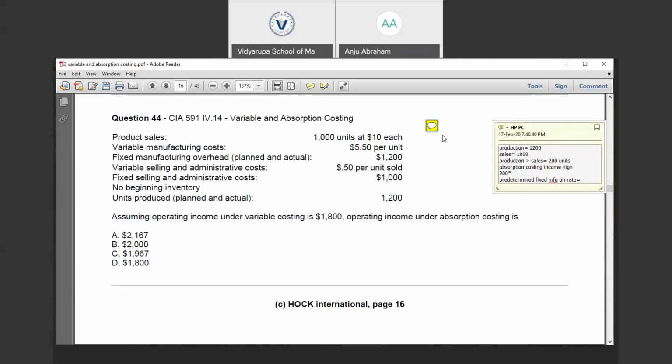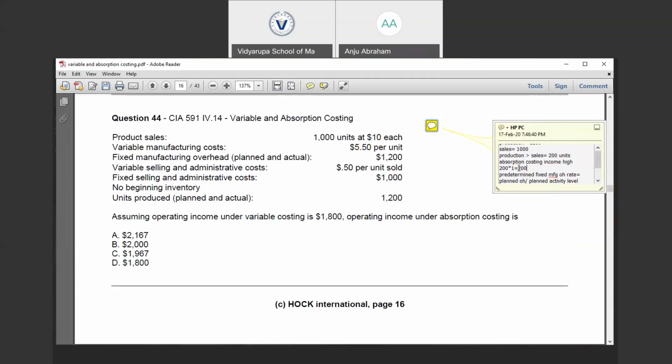Is equal to plant overhead divided by the plant activity level. The plant overhead, which is provided, is 1200, divided by the plant activity level of 1200. So this fixed manufacturing overhead rate is equal to 1 per unit. So 200 into 1 equals 200, which is going to be the fixed manufacturing overhead that is not applied to